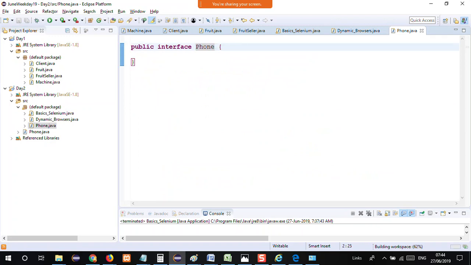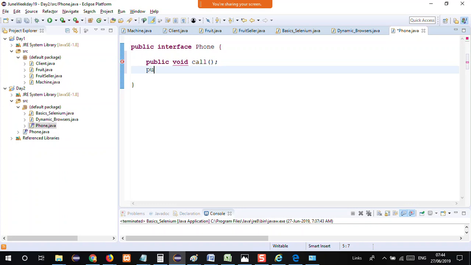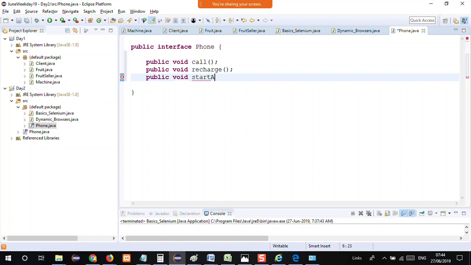This is the interface phone, and I'll write public void call, public void recharge, public void start app. So these are some of the features of a phone,